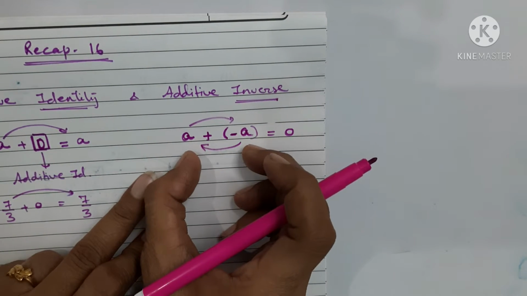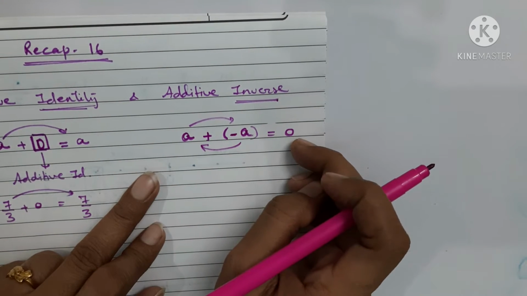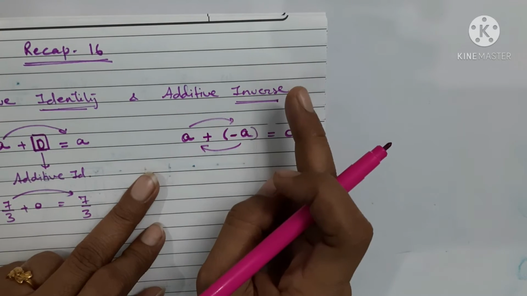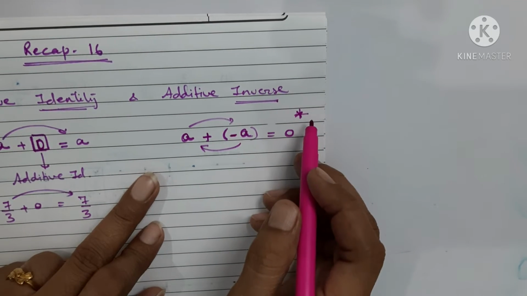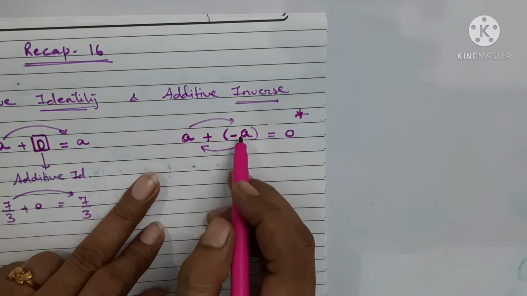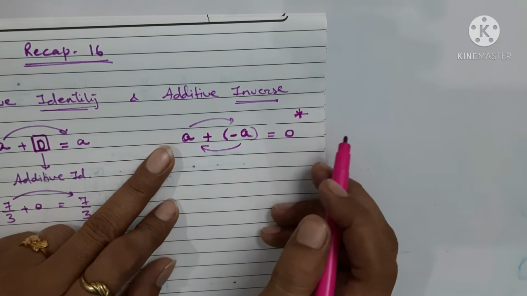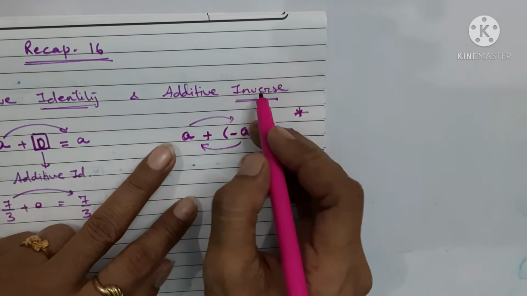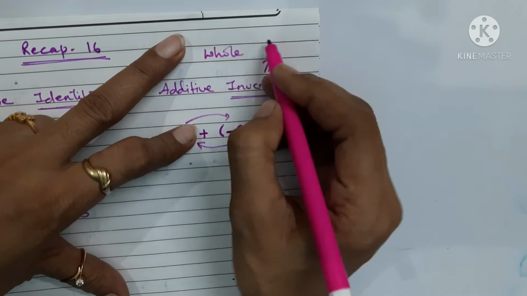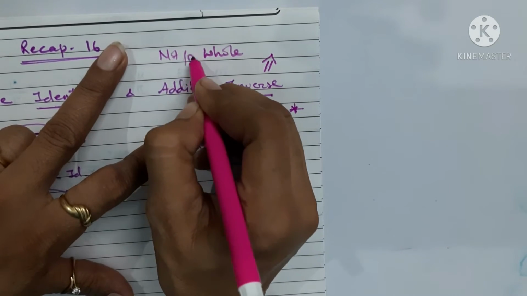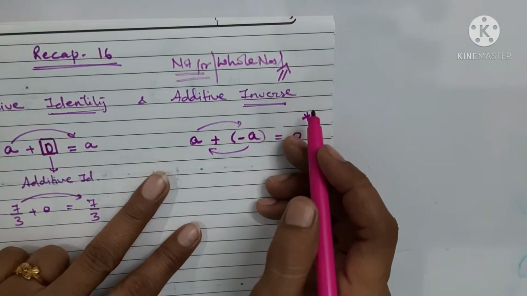In additive inverse, when two numbers are added, if you get 0, it means both numbers are additive inverses of each other. Similarly, for whole numbers it's not there, sorry, but for integers it exists: if two numbers are added together and you get 0, both numbers are additive inverses of each other. This is not applicable for whole numbers. Please remember this. By mistake I used the word whole numbers here. It is only applicable for integers and rational numbers.